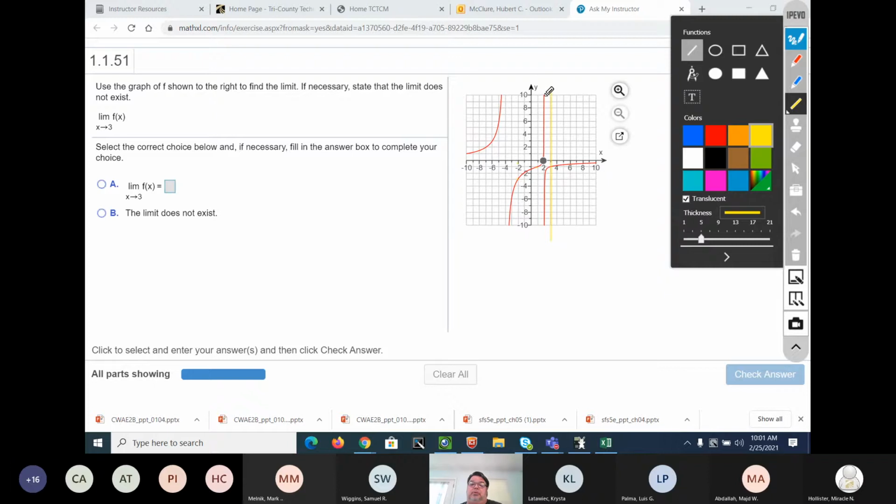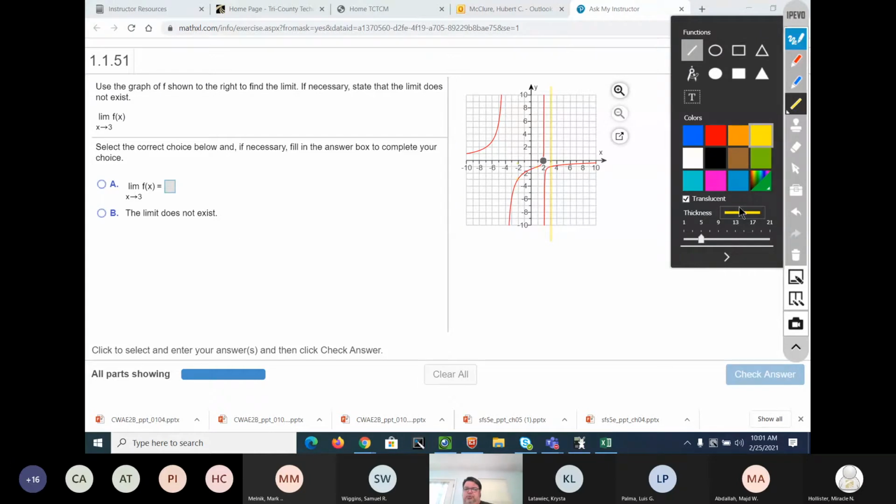See, here's 3. As I get closer and closer to x equal to 3, where is my red line going? Infinity. Going to infinity. Does it ever cross? No, it converges. So it's going to infinity. So this question,